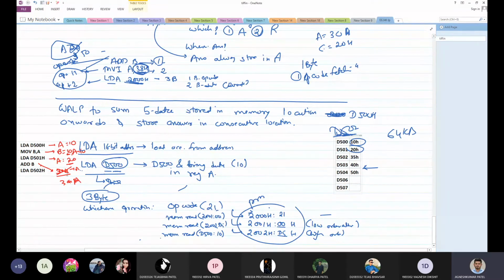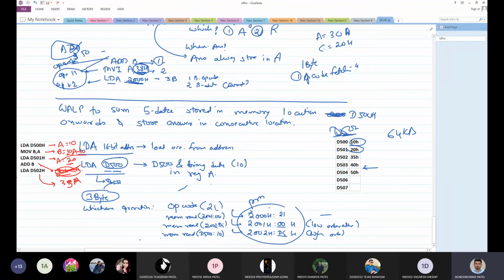So we can understand it better. So what will happen? Initially, there was 30. Here the number stored was 30h. This is the answer to the summation of the first two numbers. Then I bring a new number, that is 35. What will happen? This 30 will be moved out. So what again do I have to do? I have to save this 30 before performing any new operation on the accumulator.